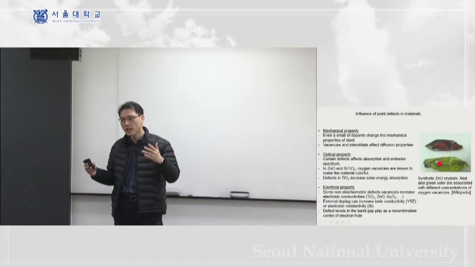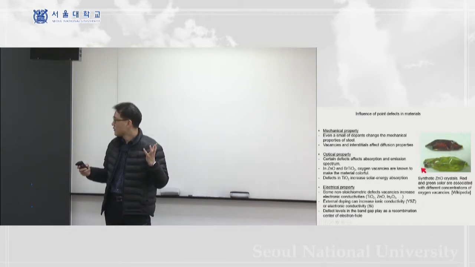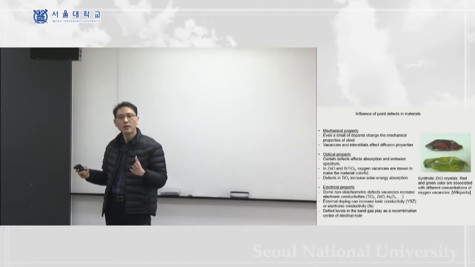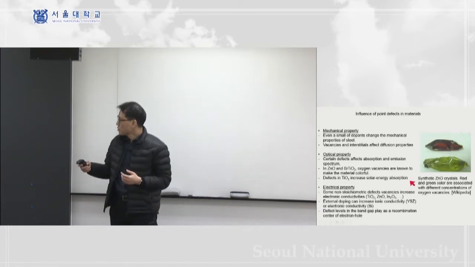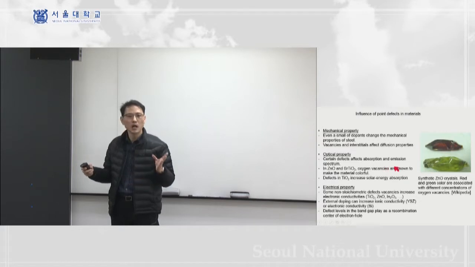So vacancies or interstitials mediate the diffusion of the atoms, right? So the finite concentration of the vacancy and the interstitial is strongly related to the diffusion property of the material. And also the optical and the electrical properties, right? Some of the defects affect the absorption or emission spectrum, which means that you have different colors of the